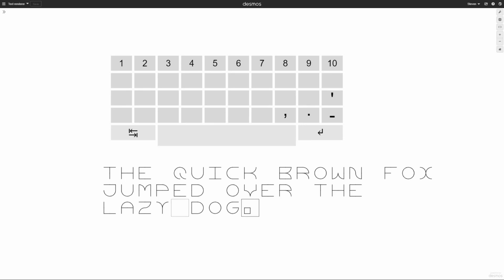Reference tables. If you don't know what a reference table is, it's exactly what it sounds like. It's a table that other functions and pieces of code can reference, but that's just the beginning. This is a small text rendering engine that I've created in the Desmos Graphing Calculator. It lets you write full paragraphs and essays so long as you have a beefy computer. Let's take a look inside.